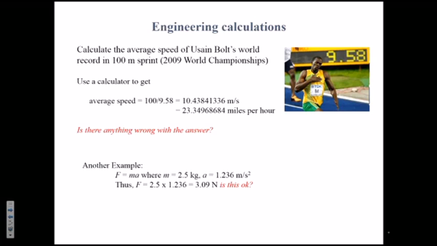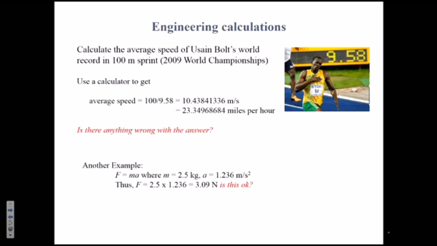So these are the numbers for Bolt's world record in the 100-meter sprint. He traveled a distance of 100 meters in 9.58 seconds, as is being shown on this digital board, right? Somebody said, hey, let's find out what the average speed is because I want to compare it with the speed of my car, right? Okay, so you plug in all these numbers in your calculator, and your calculator reports the result in meters per second, which you can convert into miles per hour,